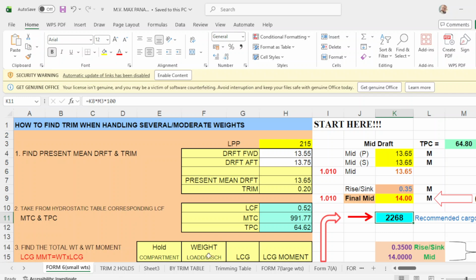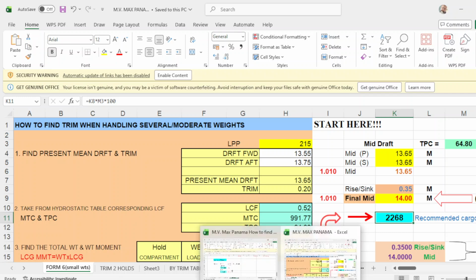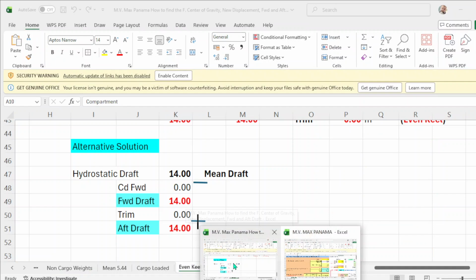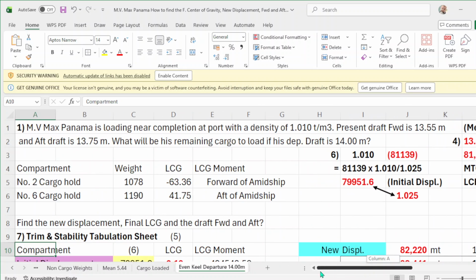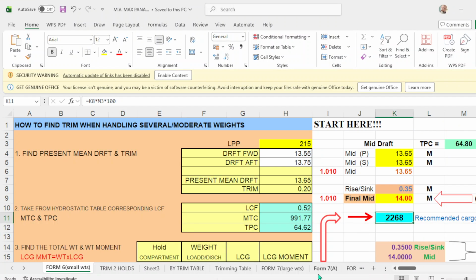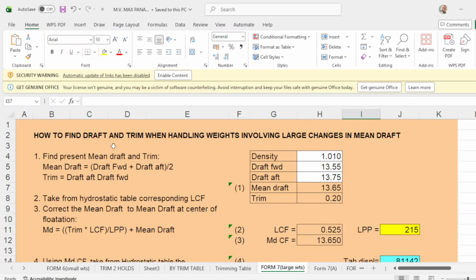Okay, so let's start with the problem or the scenario by manual. By the way, this manual computation is derived from form number 7, which is how to find draft when handling weights involving large changes in water density.